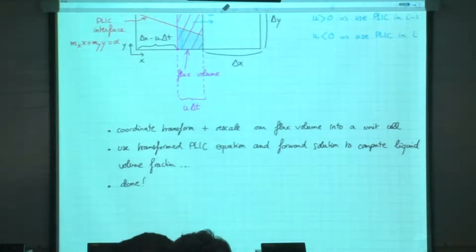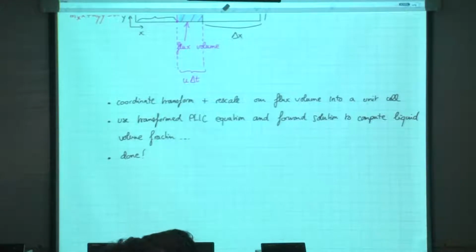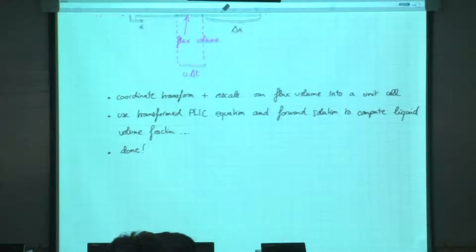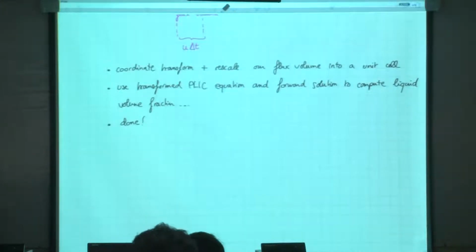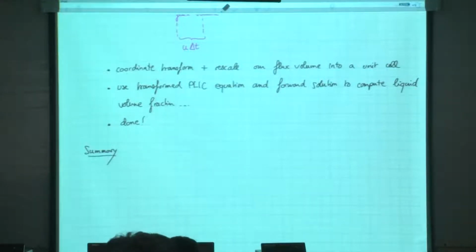Well, obviously I'm saying it's done. Every time I've said that, there's always an if, because that's what CFD is about. There's always additional complications. We're done with x transport. So we can summarize the overall strategy of split advection. Step one will be to perform a PLIC reconstruction